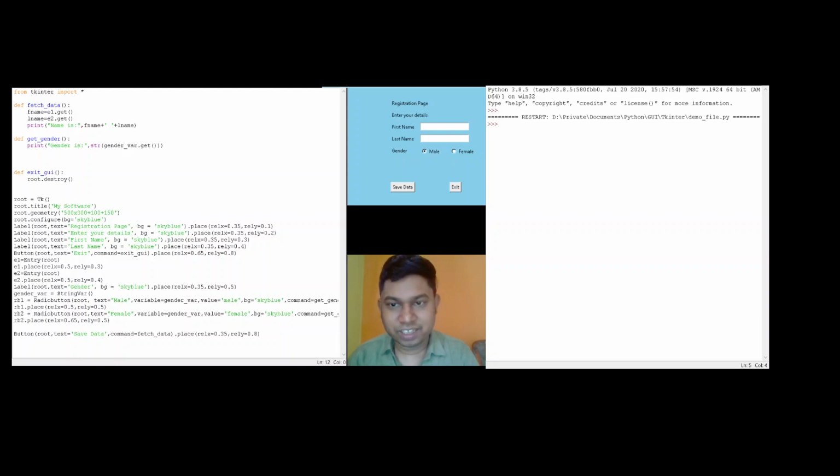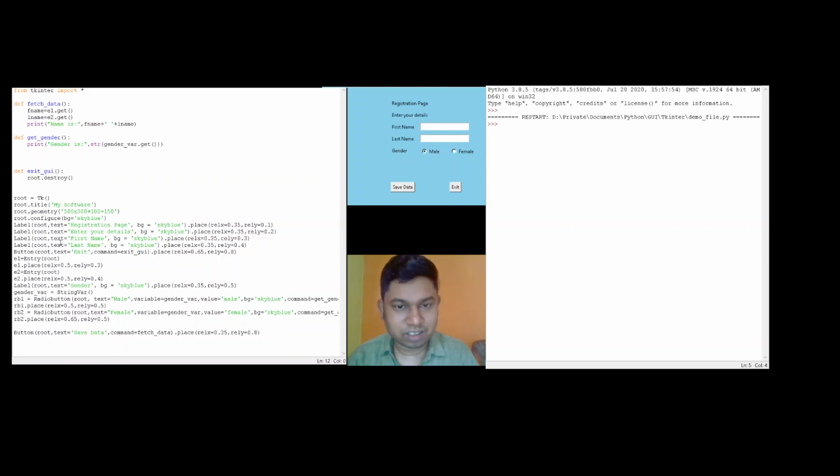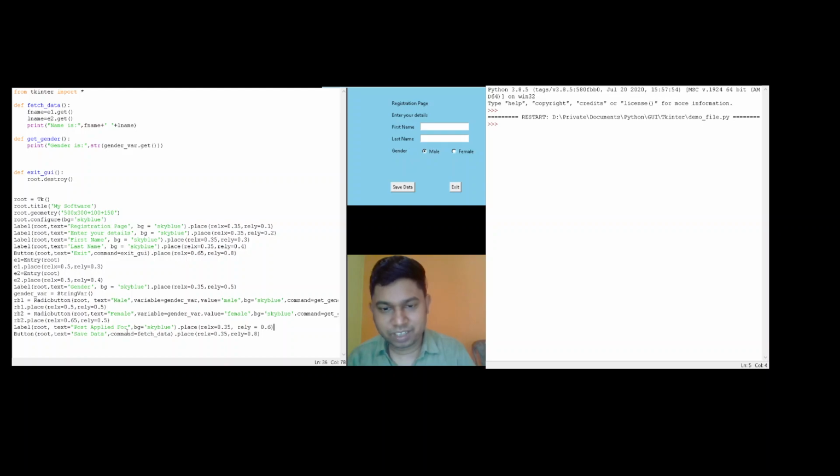So for that, the first thing which I would use is I'll create a label which will say that option. So let me create a label. Creating a label is very simple, as you have learned in the previous classes, that I'll create the function label.